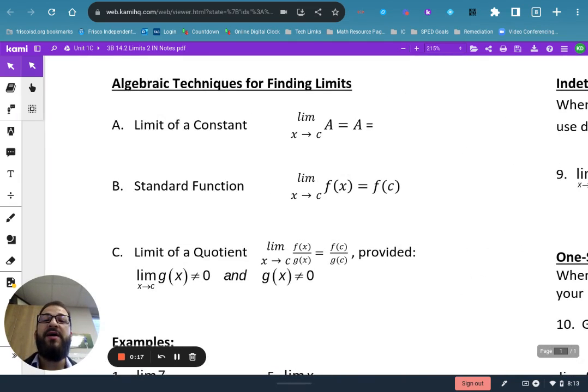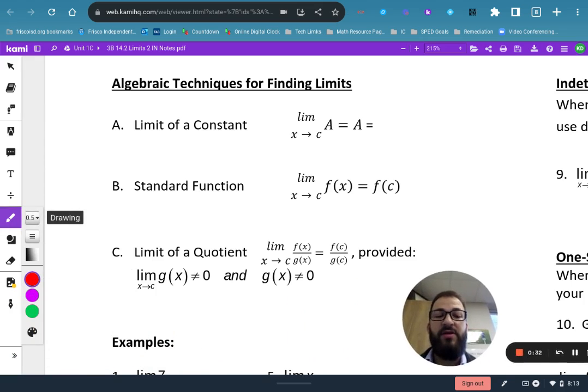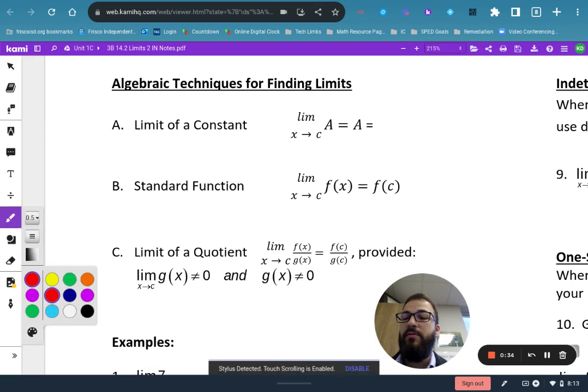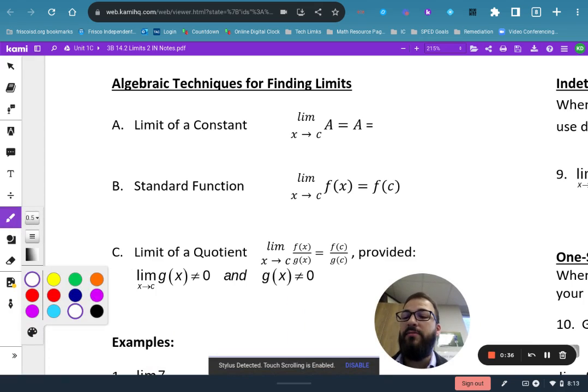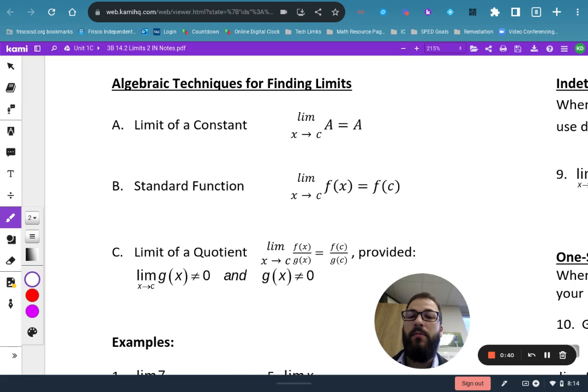So if I have some constant a and I'm trying to find the limit as x approaches some constant c, if all I have is a number, I don't have any x value to plug into, so my limit is just equal to a. And you can just ignore that little extra equal sign we got there. Okay, so the limit of a constant is just equal to whatever it is because we don't have any x value to